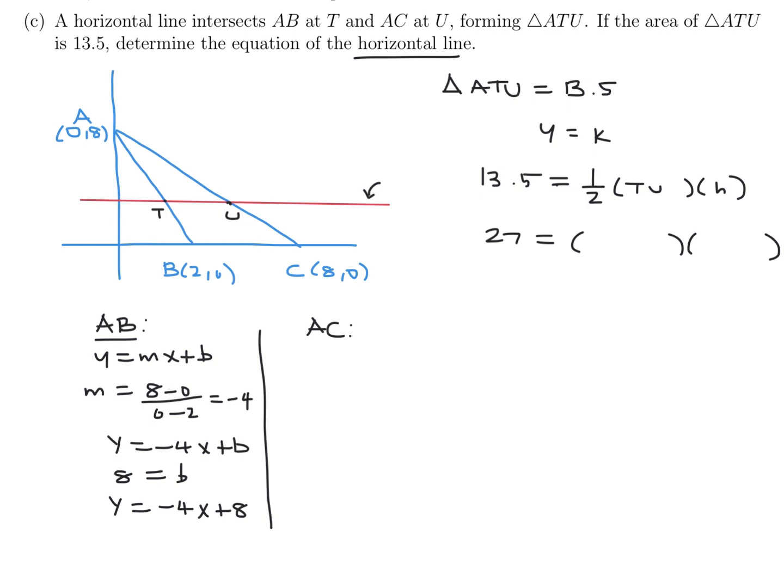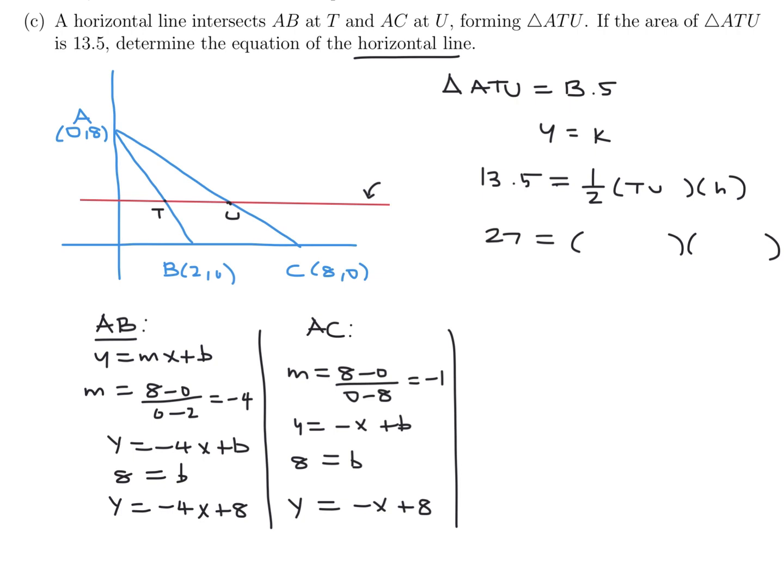Then in a very similar way, for AC, m would be (8 minus 0) over (0 minus 8), which is -1. So therefore y is equal to minus x plus b. Again, substitute either of those points. And when you do, you get b is equal to 8. So therefore the equation of line AC is y is equal to minus x plus 8. Correct. Okay, so I needed that. The reason I needed that is because I needed to label this. So T, this T right here, has coordinates